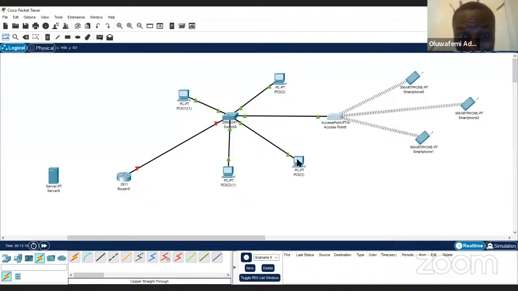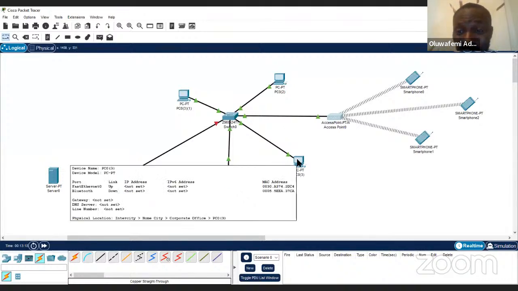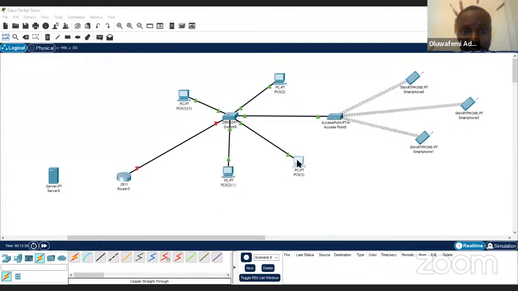I didn't talk about IP addressing, and you have to do a thorough research on IP addressing. It's a class on its own. So just on the rundown, what is IP addressing? An IP address is a logical address that is assigned to a system, right? Every system has its own inbuilt address, which is a MAC address. For example, on this particular system, if I come to the desktop, you can do this on your personal system. I do ipconfig,